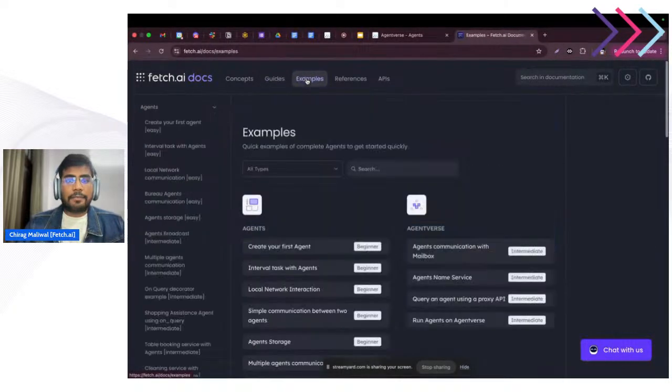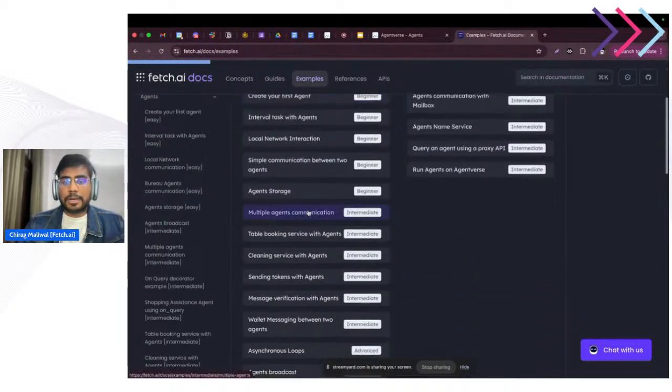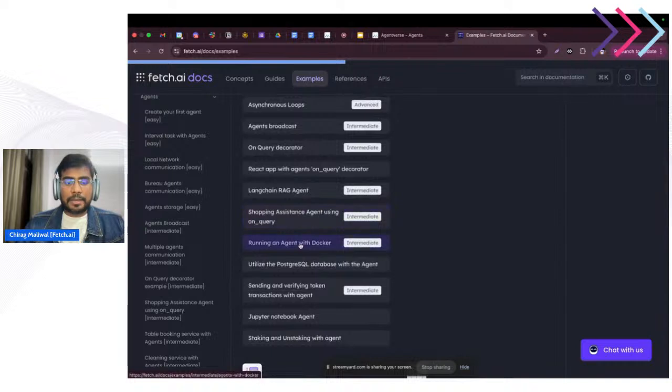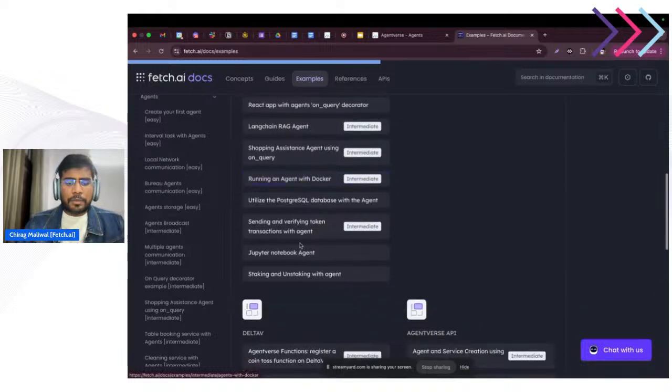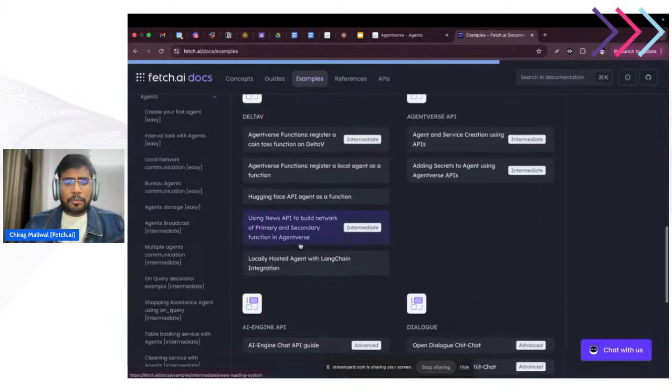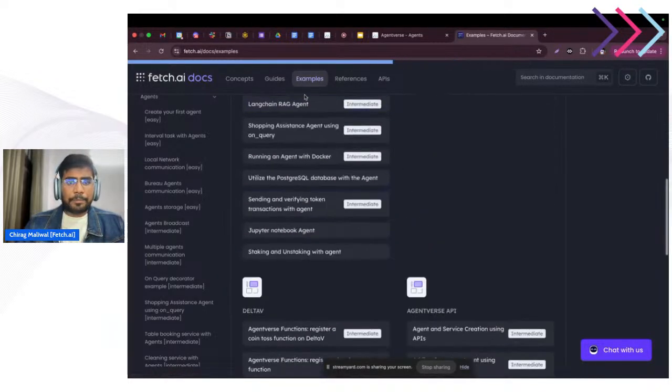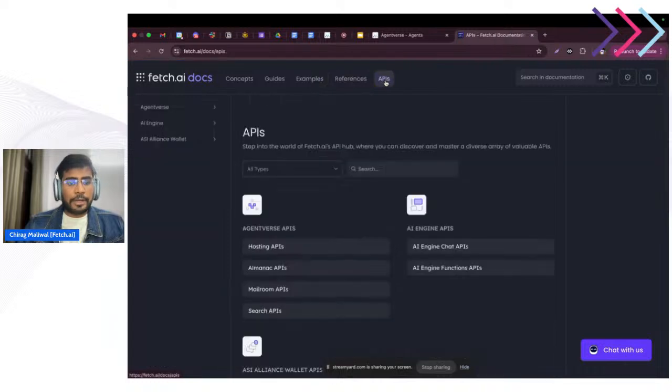We also have a couple of examples available, like running an agent with Docker, or utilizing a database with the agent, and many other things. We have our own APIs as well.